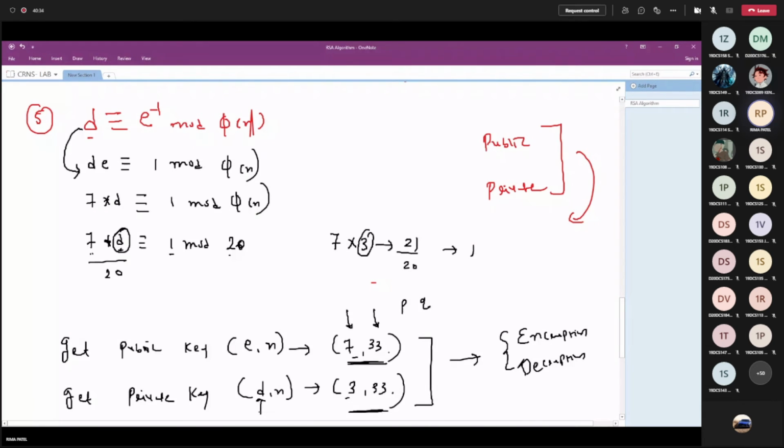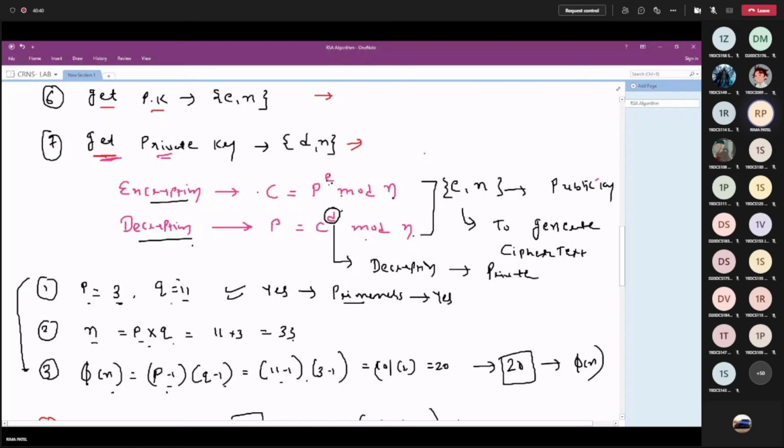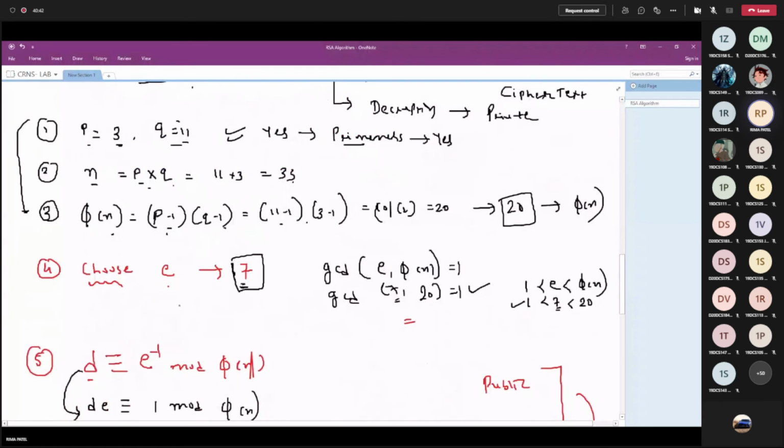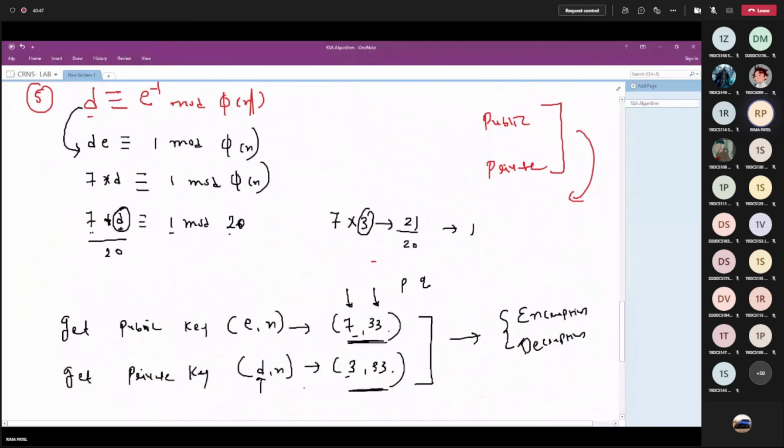Now here it would be easy for an attacker if you have chosen very small numbers. 3 and 11 are prime numbers which are very small. So if you do the reverse process, you may get that d equals 3. But if the numbers p and q that have been chosen are large, then the complexity will increase.